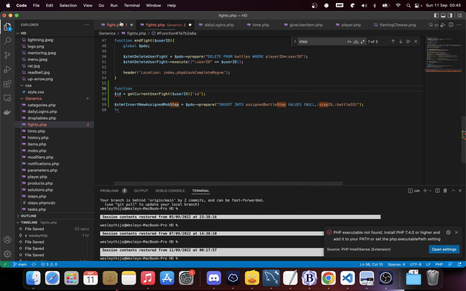What I need for that specifically is going to be a user ID, and it's going to get a random step. So for this user ID, it's going to first of all make a select statement, because we need to select, and then we go assigned step. PDO prepare is a select. So we go select from, select in capitals. I want to keep it a little bit according to specifications. Select star from the assigned battle steps where